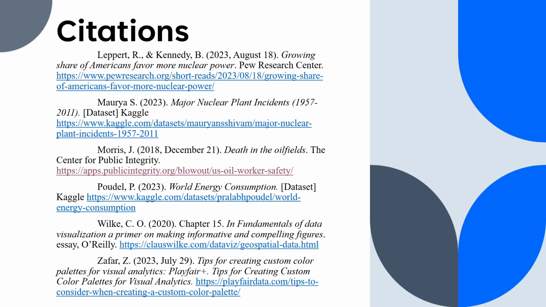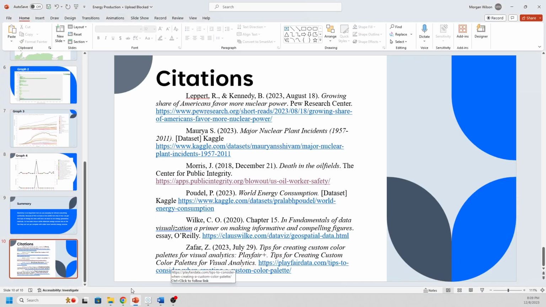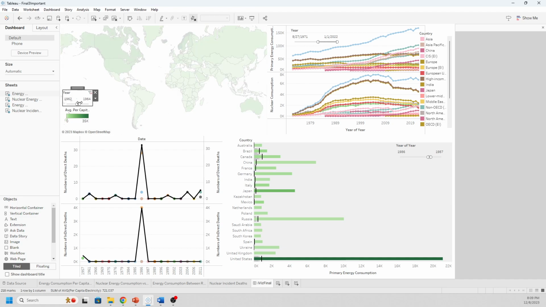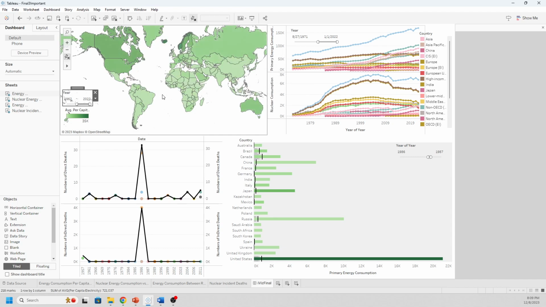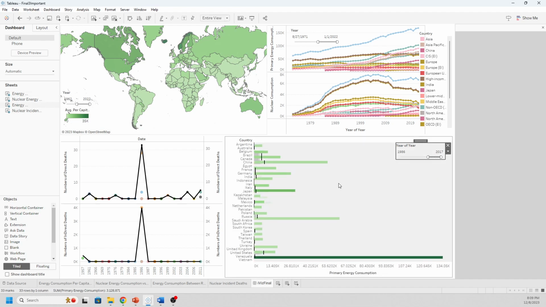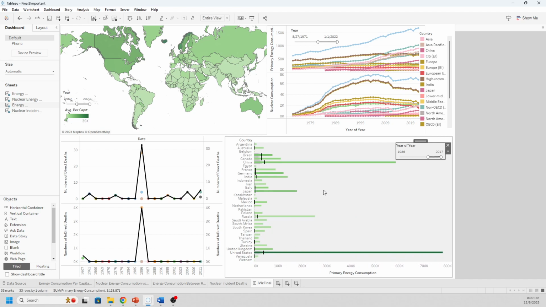These are my citations, and just for fun, we will go and look at my dashboard for this project. You will notice that if you increase over time, we slowly started using more and more energy. As well as over here, you'll notice that China initially starts with a fair amount of energy usage, but as you see over time, it slowly starts overtaking Russia to be second in place with the United States, which was another fun finding that I found over the course of exploring energy and nuclear energy specifically.